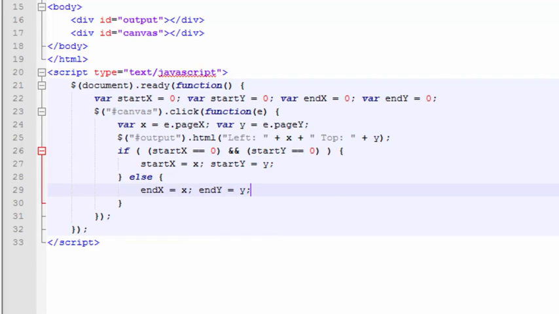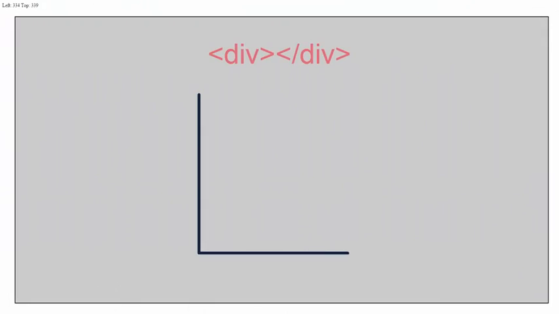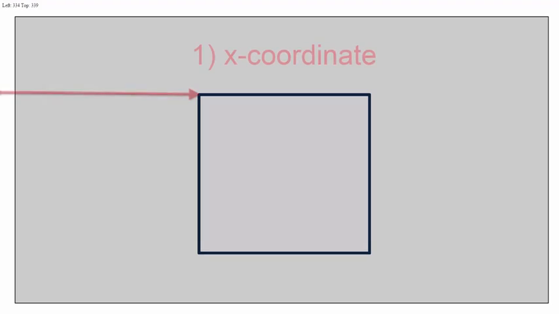Let's go back to the canvas for a minute in order to explain something that we'll need to solve the final piece of this puzzle. We're going to use a div tag to draw a square. There are 4 pieces of information we need in order to draw a square that's in the right place and has the right dimensions. Those 4 pieces of information are: